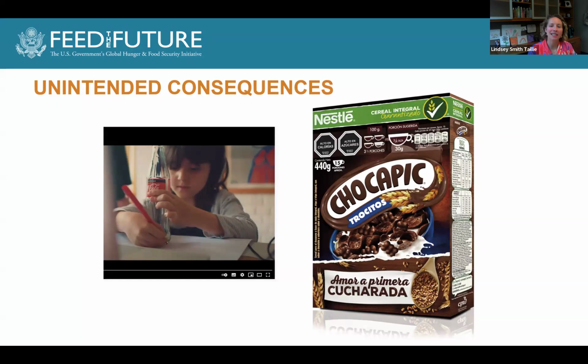And then on the right, what we see is the strategies that the food industry is using to try to distract from the label. Next to those black stop signs, you'll see some labeling that's essentially telling you, oh, well, this has warning labels for 100 grams, but if you only eat 30 grams of product, it only has this much sugar. This is the food industry's attempt to use different labels to distract from the regulated label.